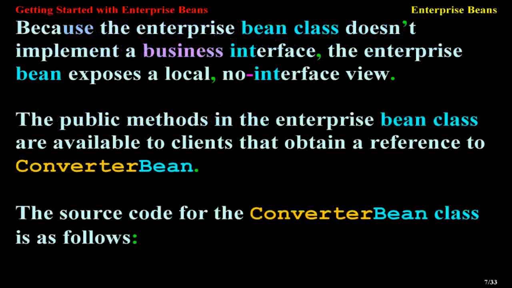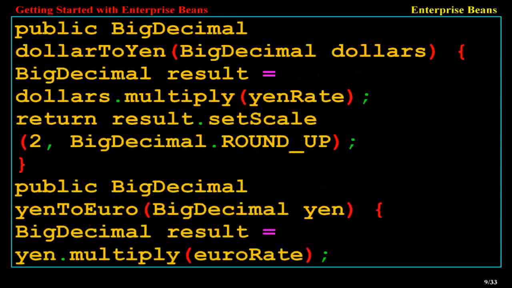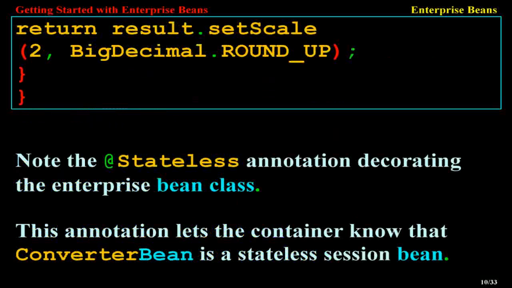The source code for the ConverterBean class is as follows: package com.sun.tutorial.javaee.ejb; import java.math.BigDecimal; import javax.ejb.Stateless; public class ConverterBean, private BigDecimal yenRate = new BigDecimal("83.0602"); private BigDecimal euroRate = new BigDecimal("0.0093016"); public BigDecimal dollarToYen(BigDecimal dollars) { BigDecimal result = dollars.multiply(yenRate); return result.setScale(2, BigDecimal.ROUND_UP); } public BigDecimal yenToEuro(BigDecimal yen) { BigDecimal result = yen.multiply(euroRate); return result.setScale(2, BigDecimal.ROUND_UP); }